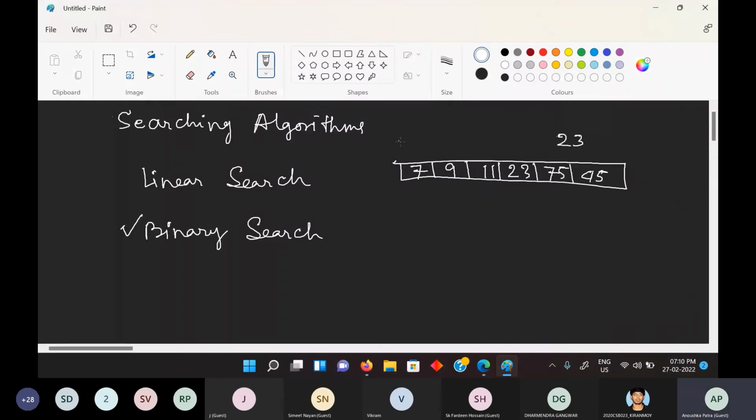What we are going to do is check one by one each and every element. We check the first element first, then the second, and we'll break whenever we find our required element. We found it. Suppose we were searching for 45, then we would have to scan the entire array. So the worst case here is checking the entire array, so my time complexity becomes O of n